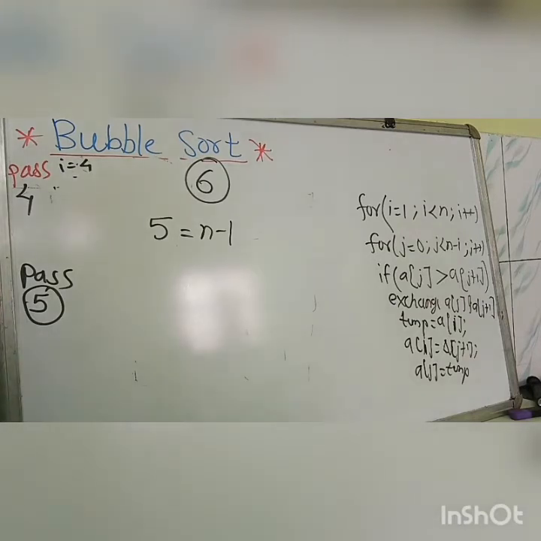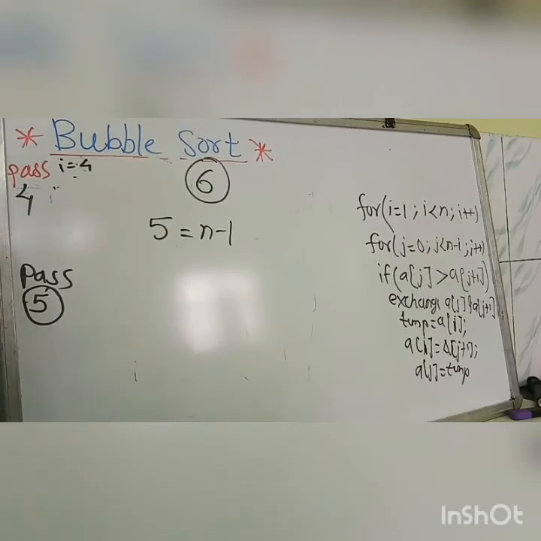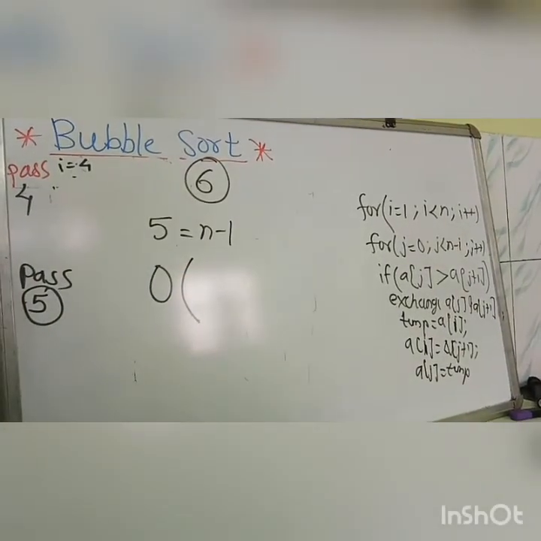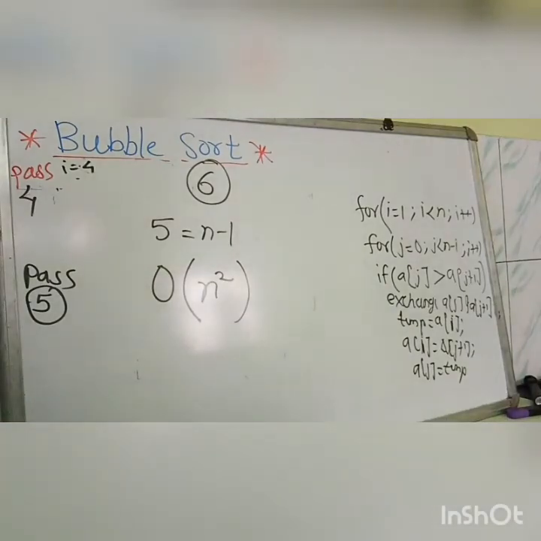Now we will talk about the time complexity, or how much time or space it will take to sort with this technique. According to algorithm analysis techniques, here we are using two for loops, which are going to be executed n times. So we will get the time complexity of bubble sort as omega of n square. This is the best case time complexity.